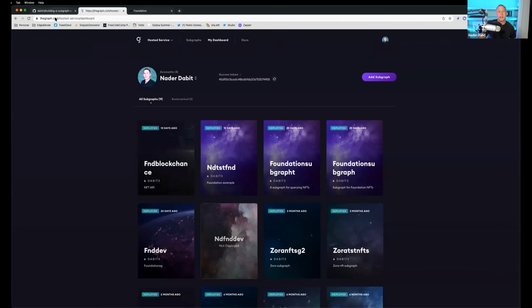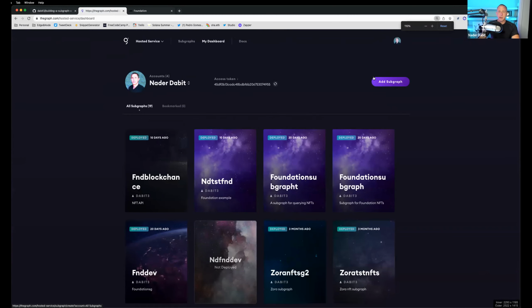All right, and what we want to do after we've signed in and created an account is go ahead and create a new subgraph. So here in the top right corner, we have this button for add a subgraph. So I'm going to go ahead and click that. And actually, I might see if I can make this a little smaller.